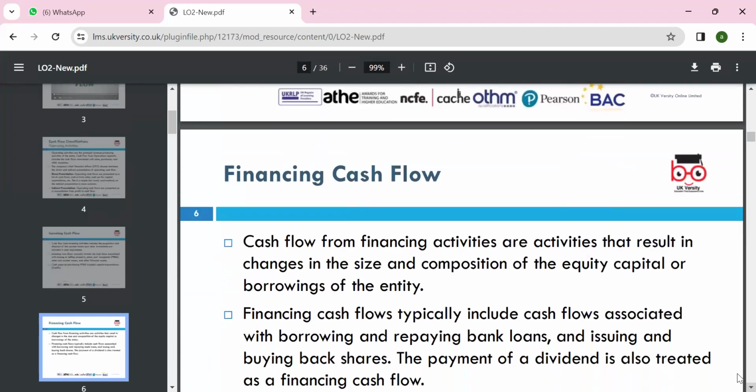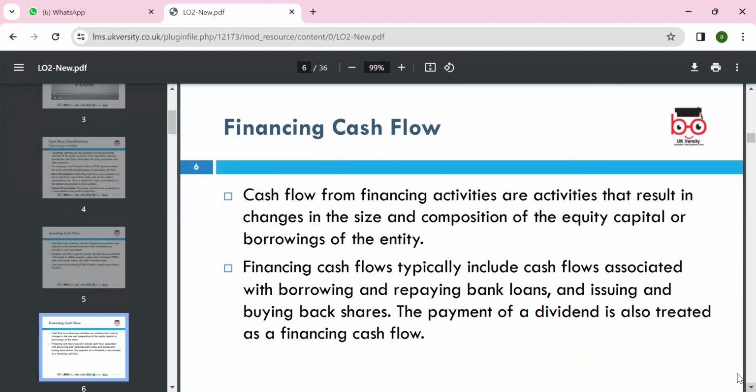Okay, so financing cash flows from financing activities are the activities that result in a change in the size or composition of the equity, capital, or borrowing of the entity. Financing cash flows typically include cash flows associated with borrowing, repaying the bank loan, issuing and buying back shares,